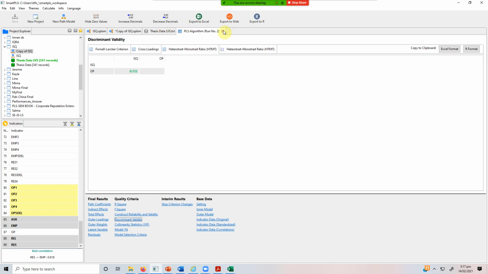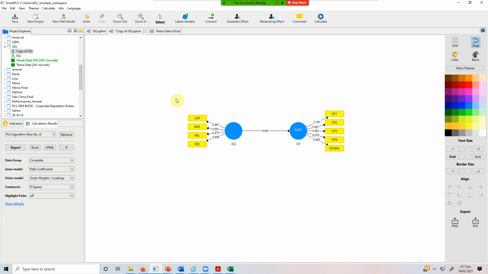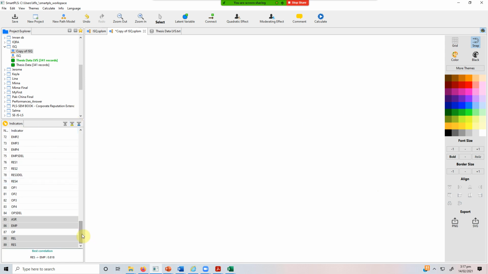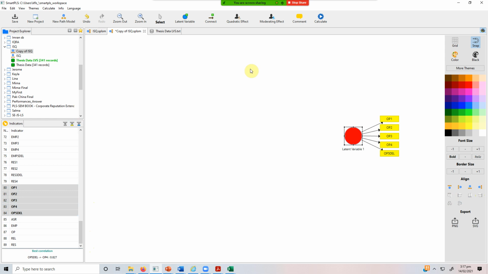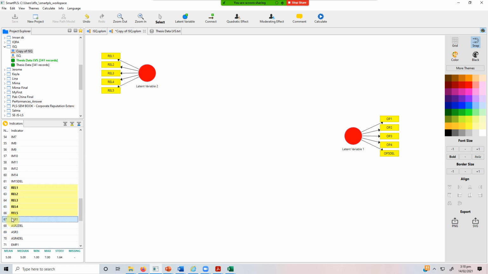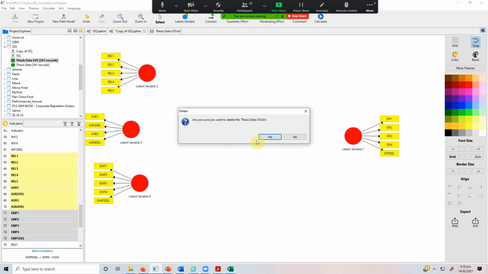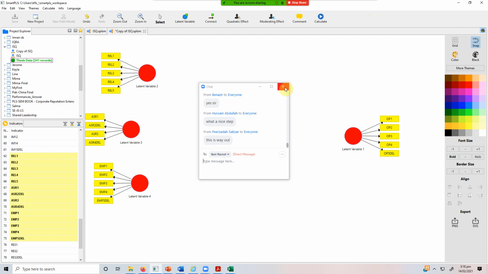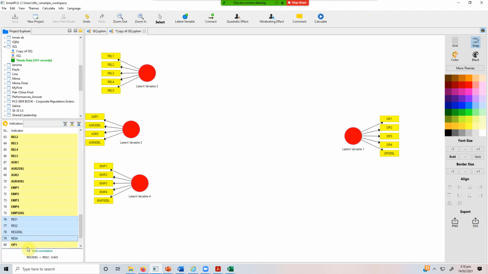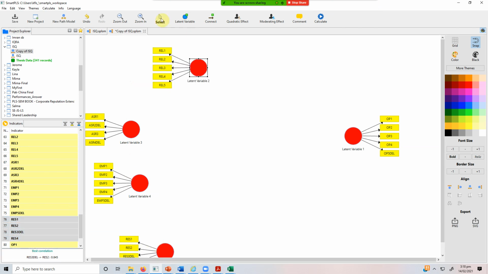Now what if they are reflective formative? What if you've got second order reflective formative? Let's see if I can undo. No, I can't undo, so I have to redo the model. So let's say I've got OP as my dependent variable, and reliability, assurance, empathy. Let's remove this, I don't want too much of the data in here. And then you've got responsiveness. Now these are 4 dimensions of